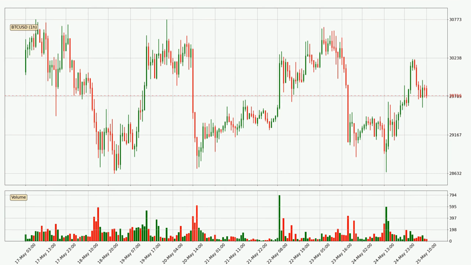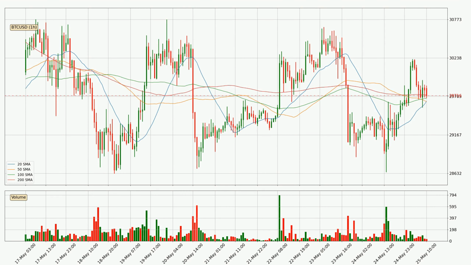If we look at the hourly time frame for Bitcoin, the price went up only slightly, with around 1.5% in the last 24 hours, with a current price of $29,716. Moving to the hourly simple moving averages, the current price is above all simple moving averages for this time interval, which looks bullish, and it is to watch if the closest SMA, the 100 SMA, could hold support or the price will break it to the downside below the current price of around